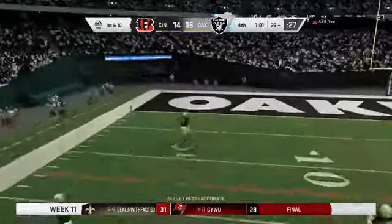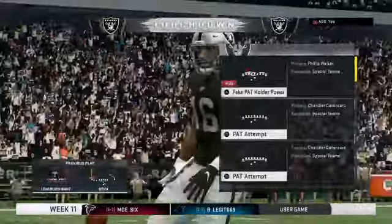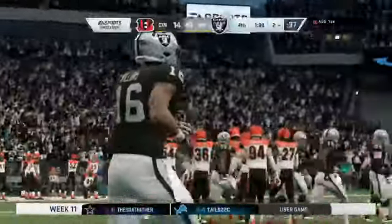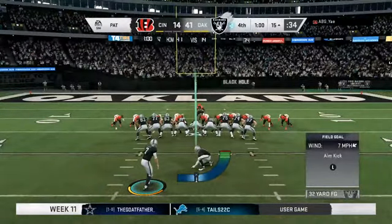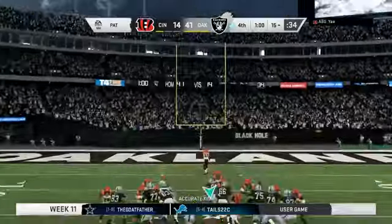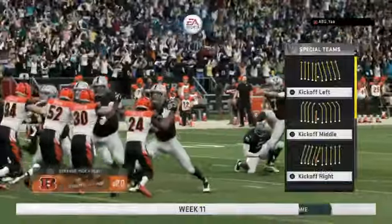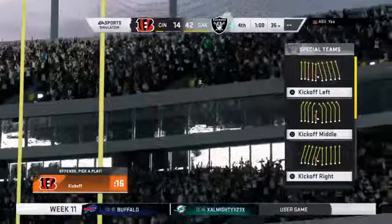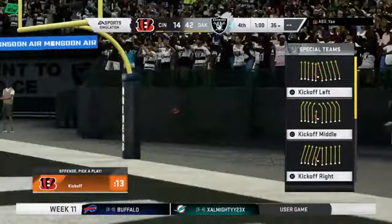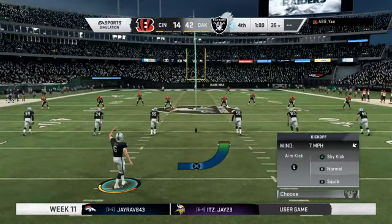And Rosen's actually going to throw it here. His throw caught at about the 5. And he is in. Touchdown, Raiders. Tyrell Williams. His 10th touchdown of the season, 2nd of the game. And the Raiders able to extend that advantage. Extra point good by Catanzaro. And that'll increase their lead to 28. Set now to kick